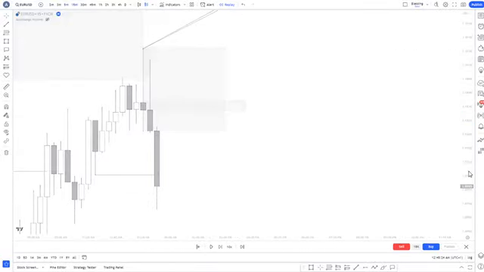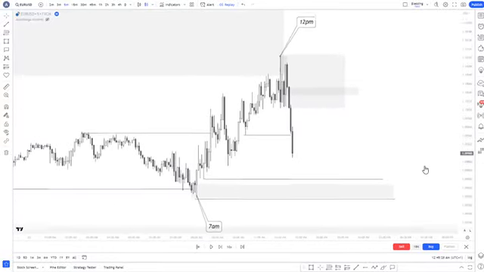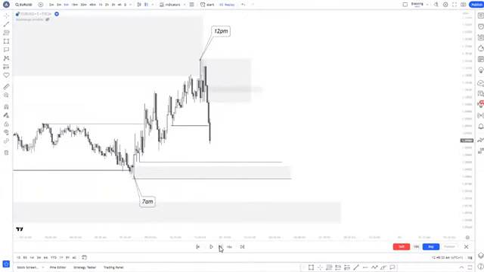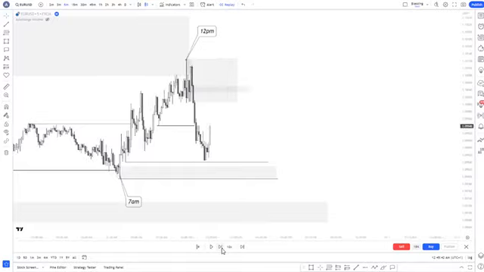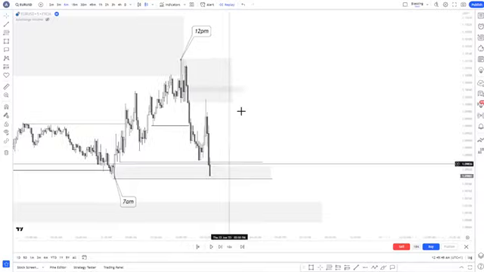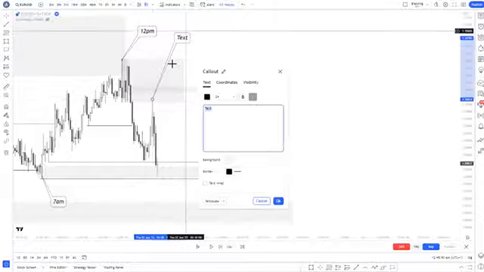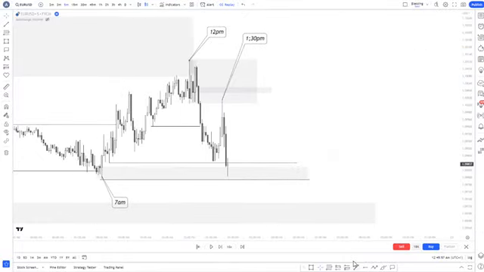Now, I want you guys to put timing into consideration: why it was obvious that we wanted to sell, even though the entire price action is bullish. After we started selling to the downside, what time are we expecting manipulation to happen? Between 1 p.m. to 1:30 p.m. That is when I used to trade the New York session. Now, I want you to watch the time this happened. This high was printed at 1:30 p.m.